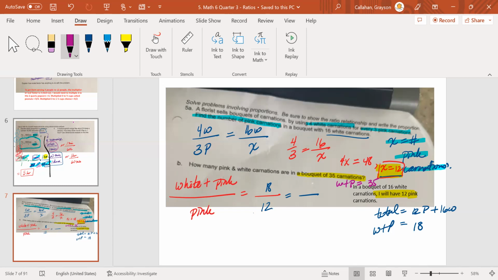Oh, okay, I see. So I want to know how many pink and how many white. This one is just to figure out pink, okay? So then white plus pink is 35, right? X is pink. So when you cross multiply, which is 18x equals 12 times 35, which is 420. So then when you divide it by that,